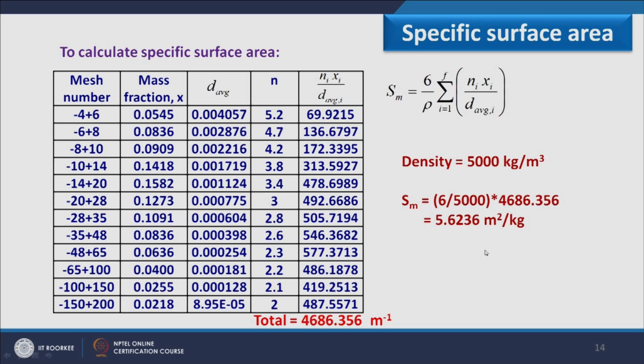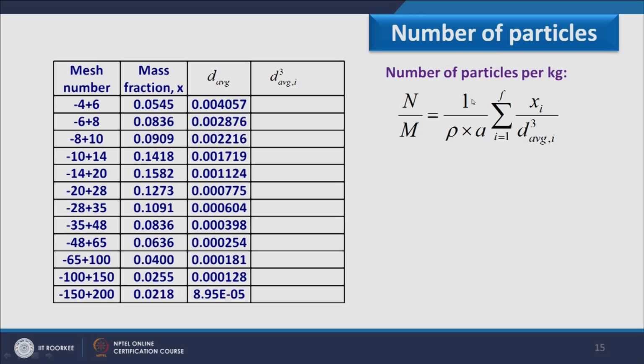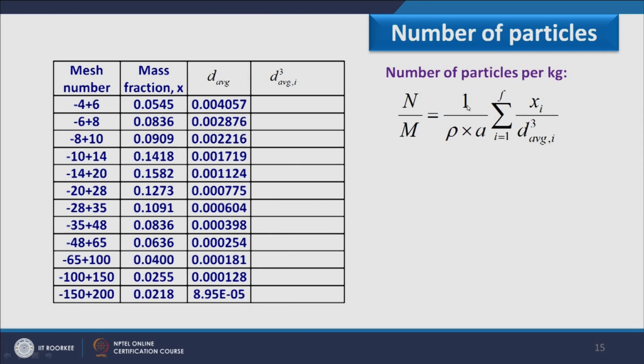5.6236 meter square per kg is the specific surface area of the mixture. Further, I have to calculate the number of particles in a mixture. So, the number of particles per kg we can write like this, capital N divided by capital M, and the expression is 1 over rho A summation xi over d average i cube. So, first of all, we know d average for each fraction,